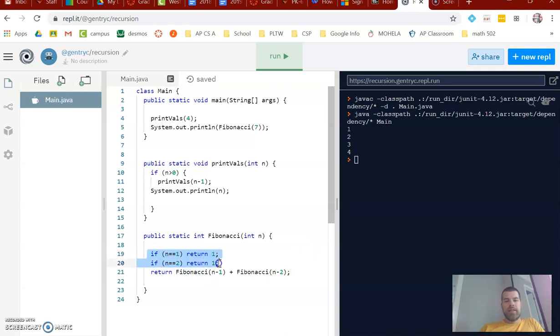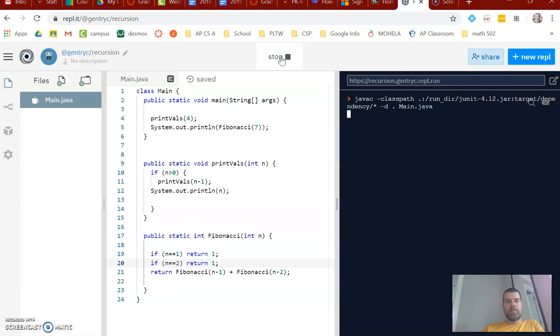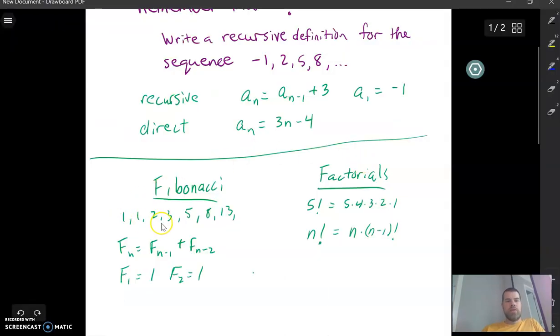So in those 2 base cases, we will not call ourselves because we'll be directly returning an answer. Okay. Let's see if this works. Hey, 13. 1, 2, 3, 4, 5,